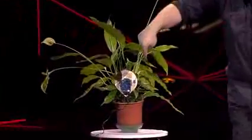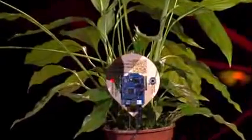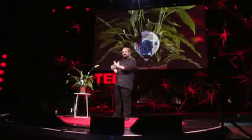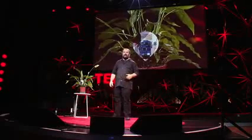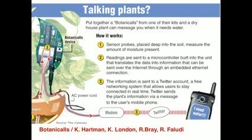Then we have this plant here. This is called botanicals, because there's an Arduino board with a Wi-Fi module in the plant, and it's measuring the well-being of the plant, and it's creating a Twitter account where you can actually interact with the plant. So, this plant will start to say, this is really hot, or like, there's a lot of, that